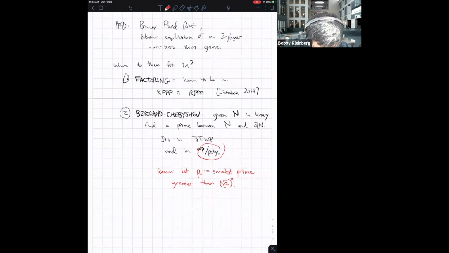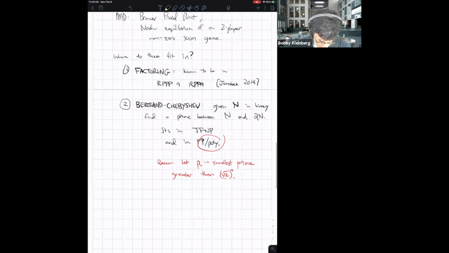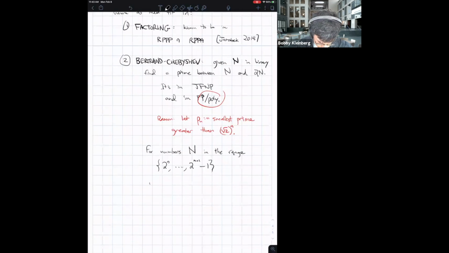Okay, so for numbers n that can be written in little n binary digits, one of the numbers P sub 2n, P sub 2n plus 1,